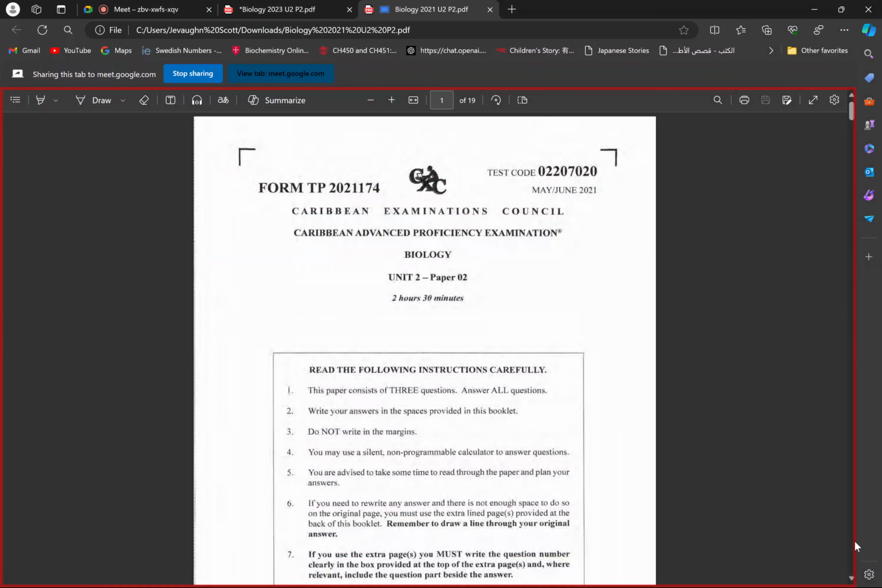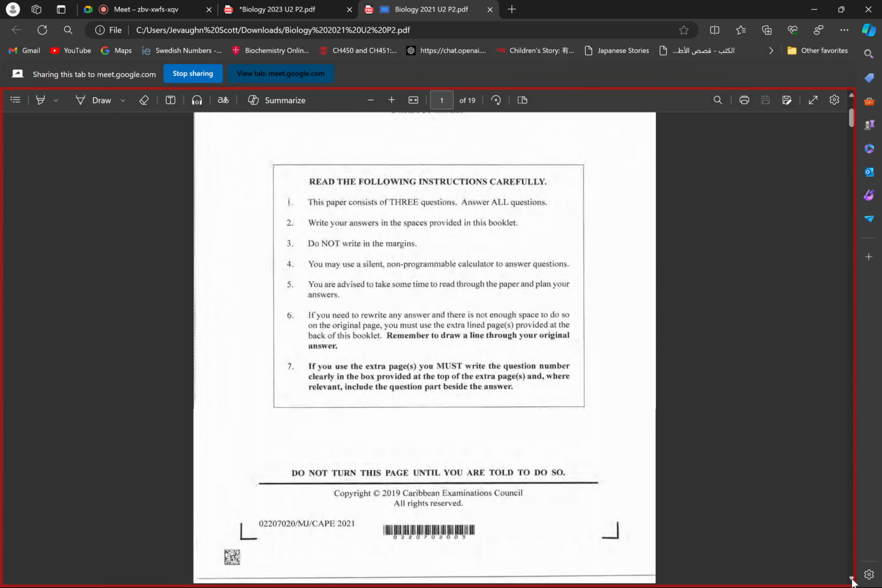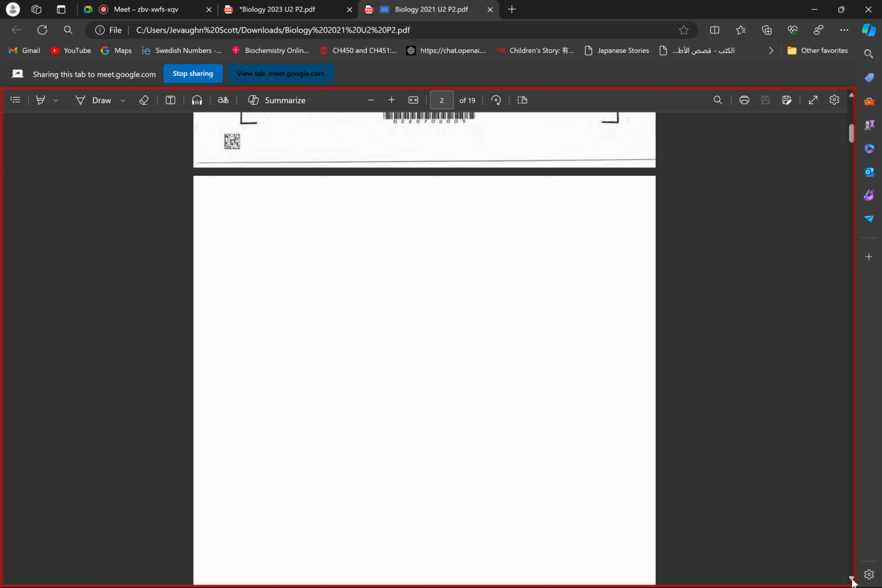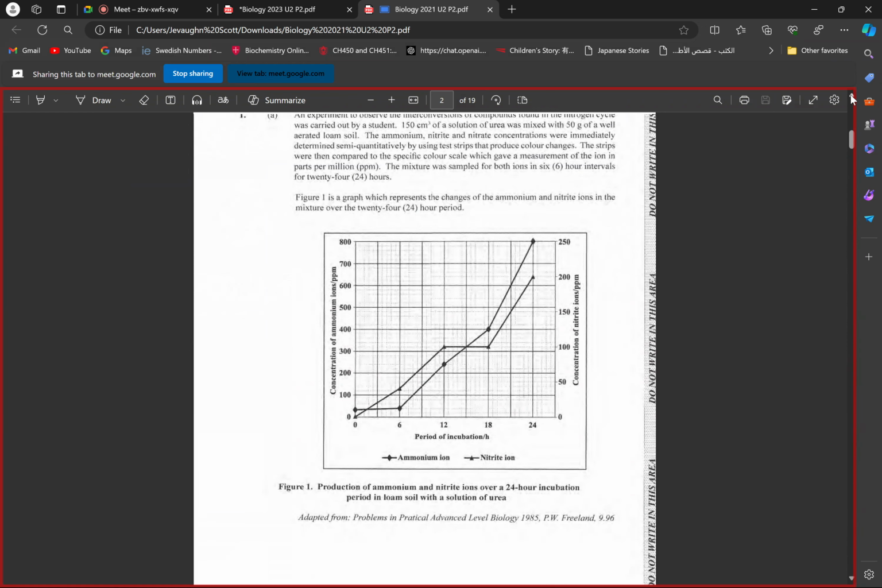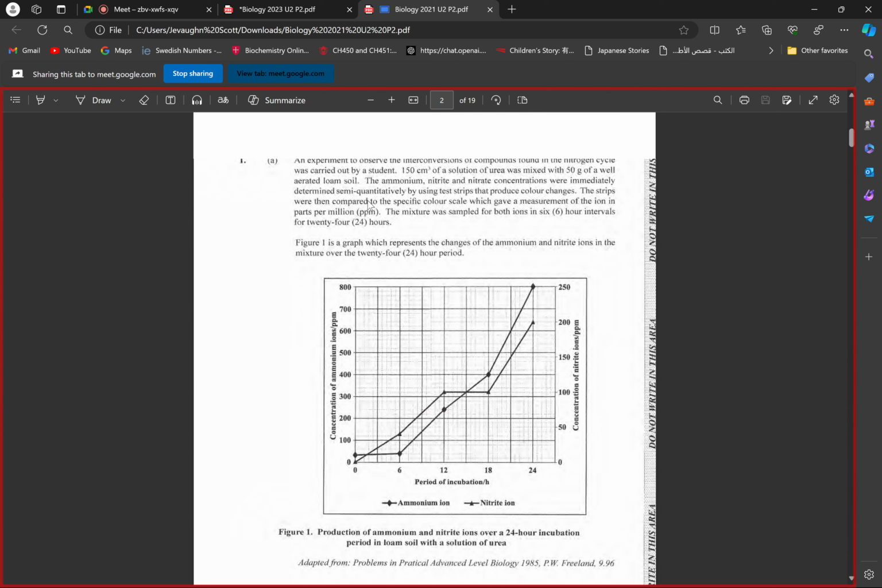So let's start with module 1 for the 2021 paper. Alright, let's see what's happening here. Bioenergetics, lovely, the easiest module in the entire syllabus. Alright, so what we're looking at here now, an experiment to observe the